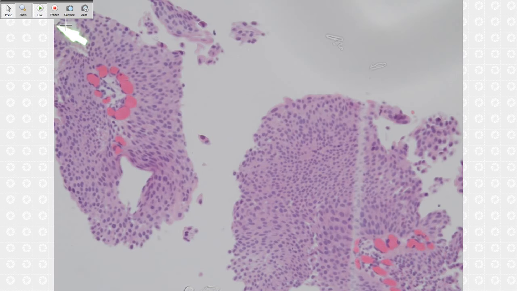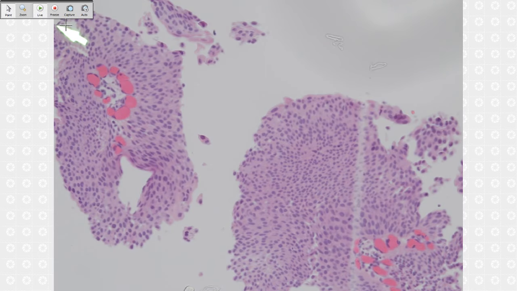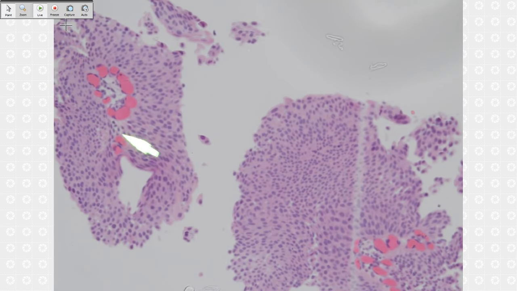Okay, how to draw the line between low grade and PUNLMP is sometimes difficult. But for me, this looks more like not complex. The papillary is very simple, no branching, no large fusion, just a few papillae. I go to PUNLMP. I thought some of these areas were kind of fused at the top, but I still think this is a single papillary here. If you call low grade, I don't think you are wrong,